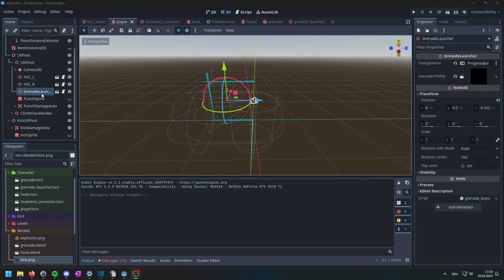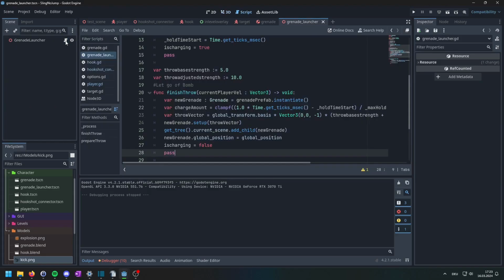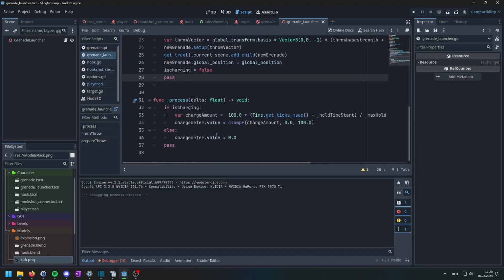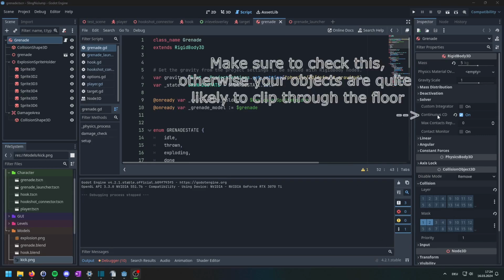They can be replicated quite easily. I use a node, not unlike the hookshot nodes, as a grenade launcher. From there I spawn a grenade once a button is released. Pressing the button starts a timer, which is used to calculate the throw strength. The actual grenade is a rigid body 3D. This means that it already has all the necessary functionality to